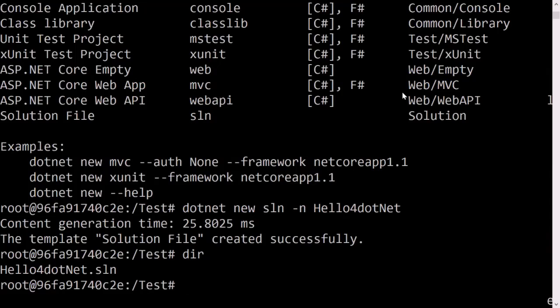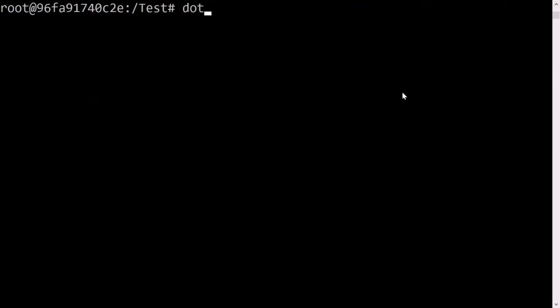Great. Now let's create a console application that calls a library and has a NuGet package for Newtonsoft JSON, and we add it to the solution. Okay, easy enough. The normal scenario. So first we need to create our console application. dotnet new console. Give it a name of